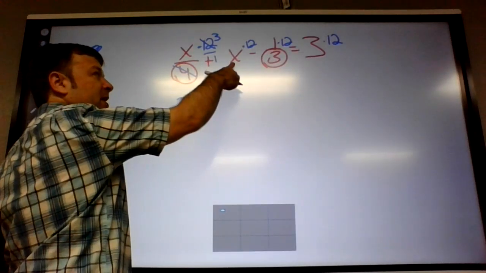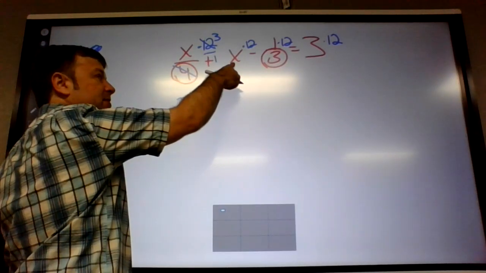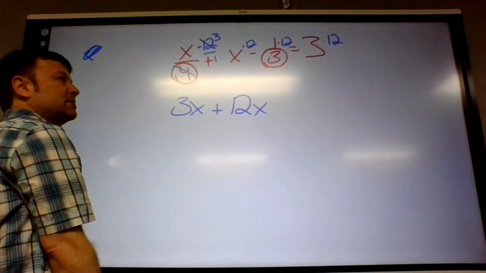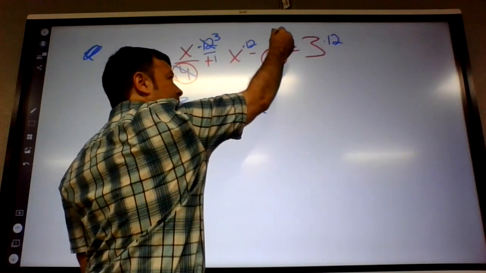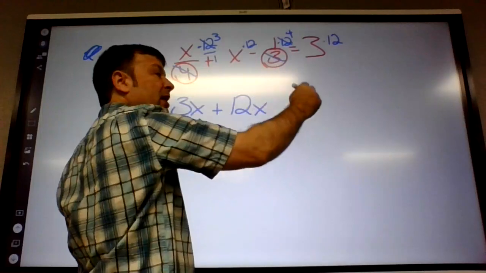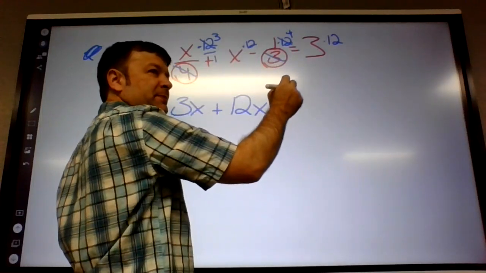On the second term, nothing reduces. So it's just 12x. On the third term, 12 divided by 3 is 4. And 1 times